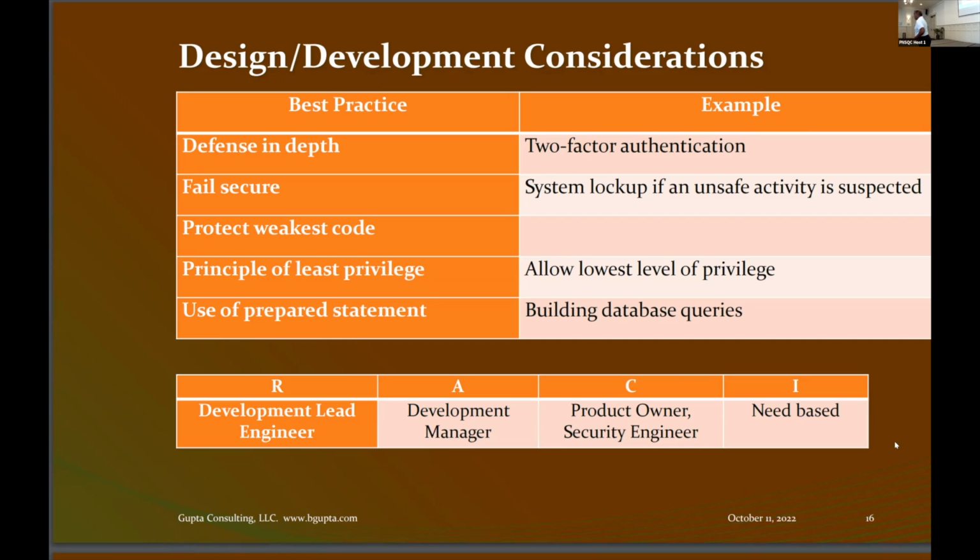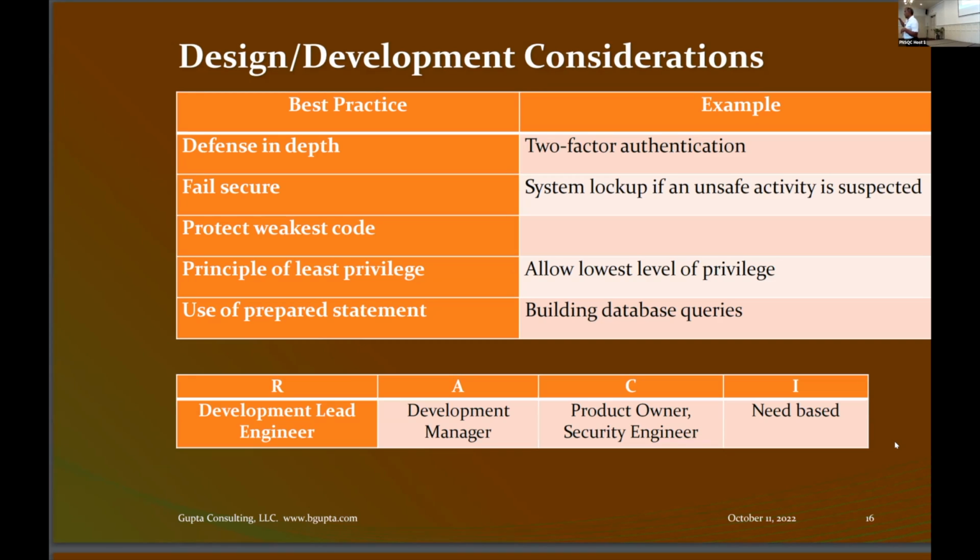Principle of least privilege, I gave you that example. I want to mention that when you load a new system, when you build a new system, most applications or sub-applications are set to default. And the default is always medium privilege.